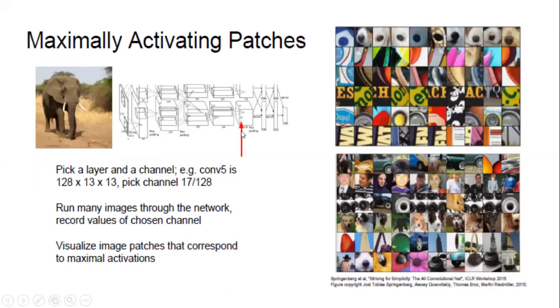So this is their experiment to understand that better. They have taken different images, and at a given constant layer and at a given feature map, they try to find the patches corresponding to maximum values in the activations. And those patches look like this for a given feature map. At another feature map, this looks like this, and so on.